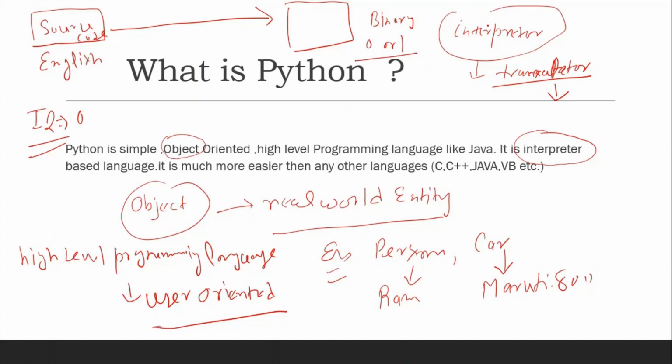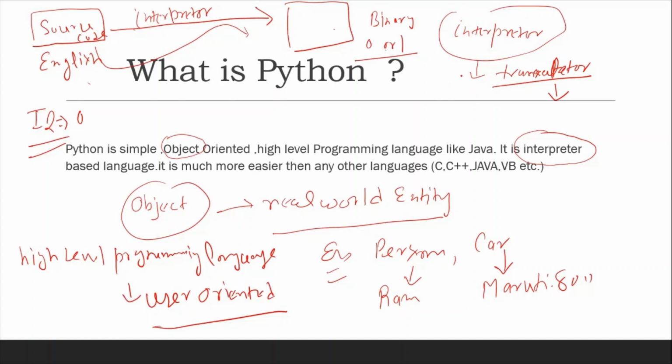So what is the role of an interpreter? An interpreter converts source code into machine code, because the computer-understandable language is binary and the user-understandable language is English. This is an example of a translator. The best way to understand it is a real-life example.